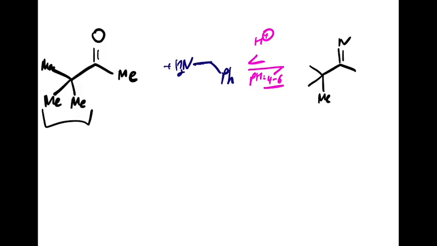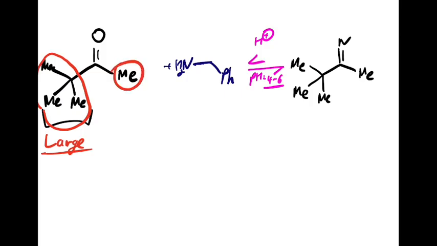With my methyl group, so this is the t-butyl center, here's the methyl. And if you notice, what I'm trying to emphasize here is this is much larger. So the sterics around that center are going to be much greater, and it's going to have a lot of steric encumbrance. This center here is much smaller. As a result of that, the imine I'm going to form, the geometry I will prefer, is going to be one where the phenyl group is going to sit over on this side.